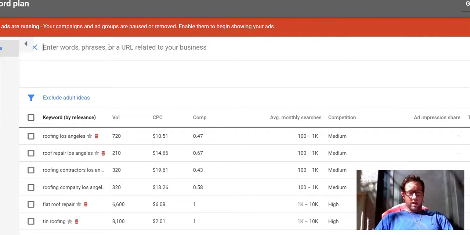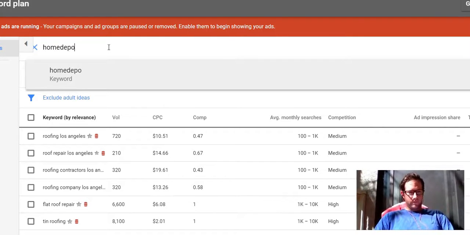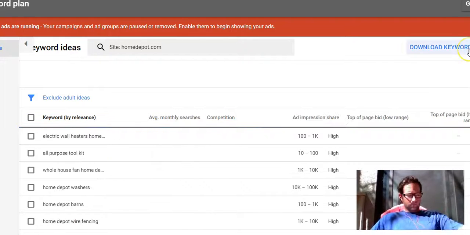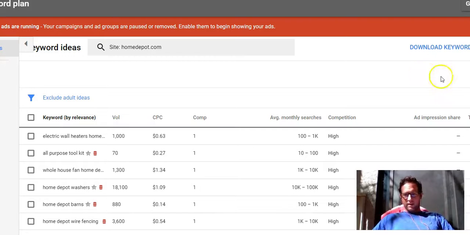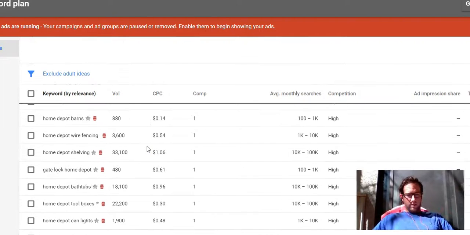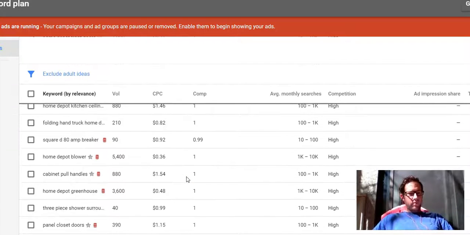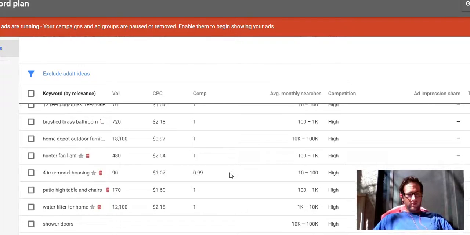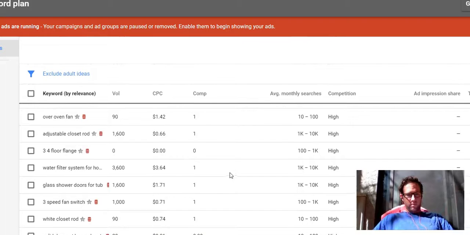So you just type in a URL of any site you're looking up. So you could do, let's say, Home Depot. Keep it on the home services theme. Okay, homedepot.com, and you'll see it has a site colon homedepot.com. So it's basically doing a site colon search like you do in a Google search, only it's looking at keywords. So you're going to hit the get results button, and then it's going to pull up the keywords that it's ranking for. And this is nice because before you could really only do this using a keyword tool like SEMrush or Ahrefs. Now Google AdWords is allowing you to see all the keywords that the site is ranking for, as well as see specific keyword volume data and CPC data,